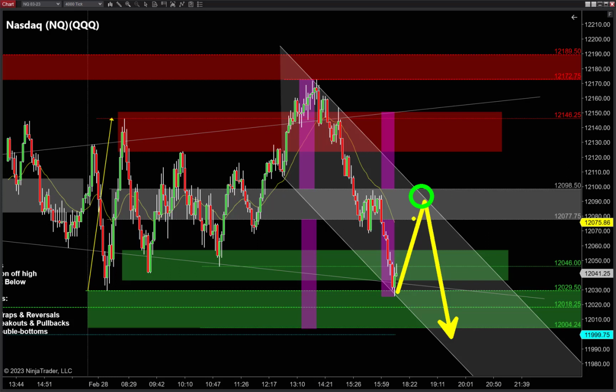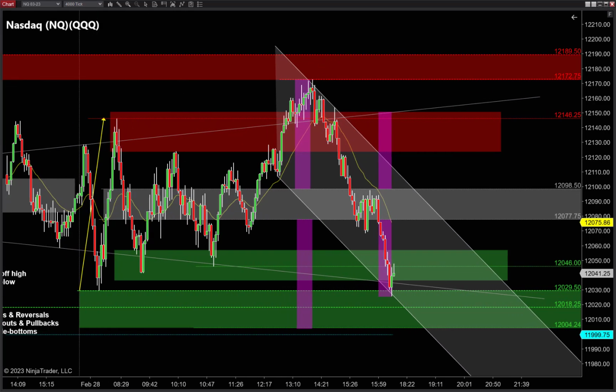The next one is off the pendulum swing or the triangle, right? This triangle you can see here coming out of here. You'll notice that triangle, right? So you've got to think this thing could easily rip up and collapse right back down again because of this triangle. That's the second area. The third